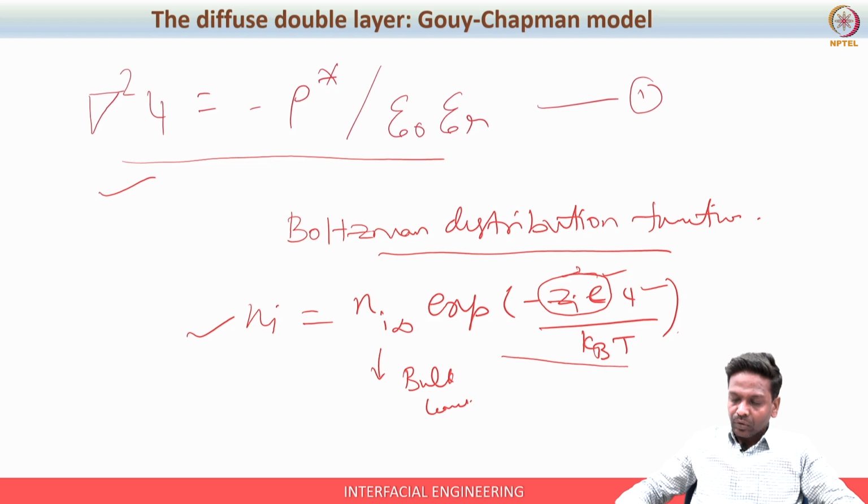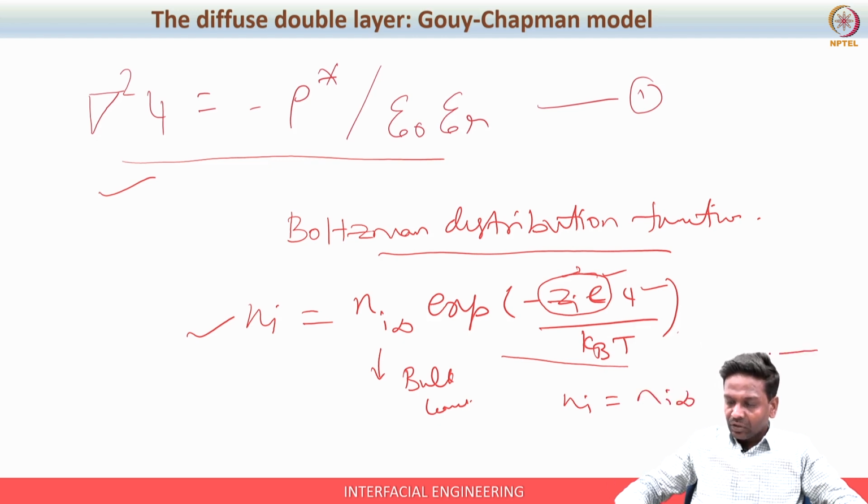What it describes is that when far away from the surface, which is the bulk concentration we are talking about, ψ will be 0 because it will not have any influence. So, when you move far away from the surface, ψ will be 0. In such a case, this exponential term will be 1, and you will have Ni as Ni∞ itself.